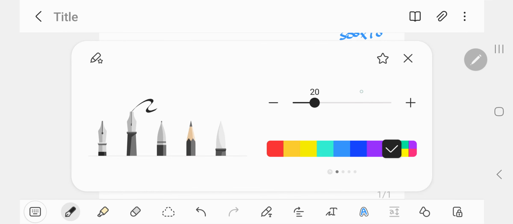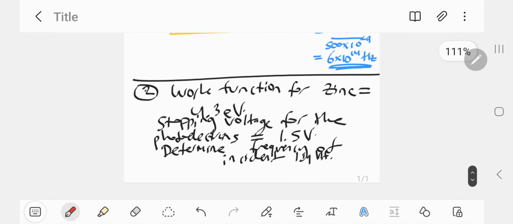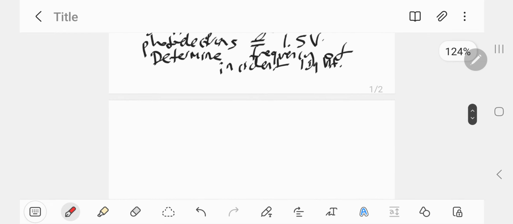Here's how we would tackle this question. The first thing that comes to mind is the photoelectric effect. That's what this question is all about, because it involves the work function and things like stopping voltage. You would need to go to the HSC physics formula sheet and find this formula here